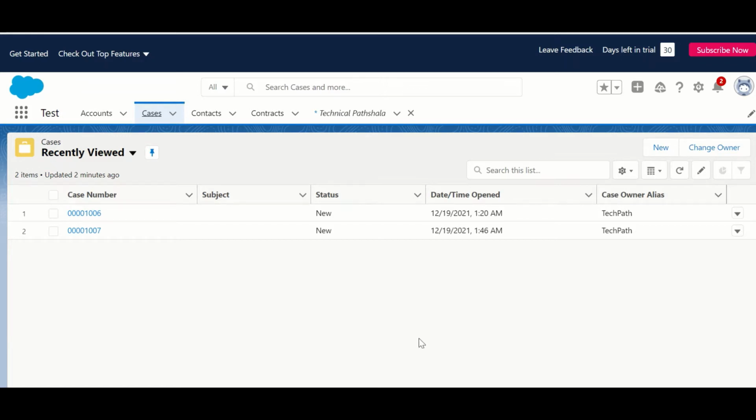So in this video, we will take one scenario and we will try to achieve this. So we have cases and contacts. One case can have multiple witnesses associated with it and at the same time, one witness can be associated with multiple cases. So we will create one junction object for this. And what is a junction object in Salesforce? Junction object is nothing but an object that has two master-detail relationships. So in this case, we will create one for cases and one for contacts. Let's do that.